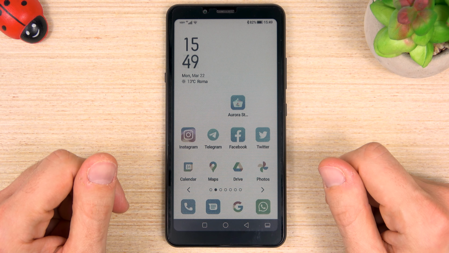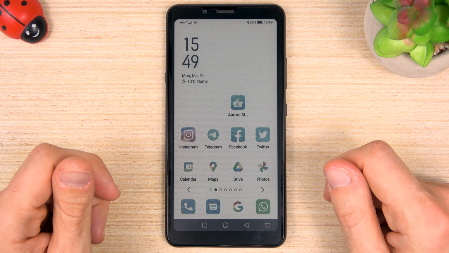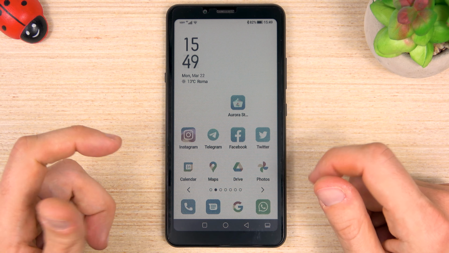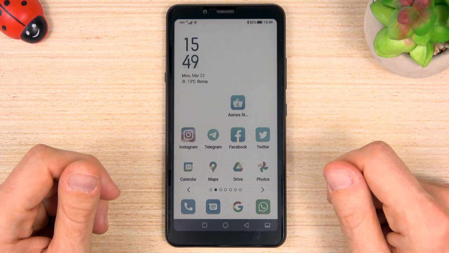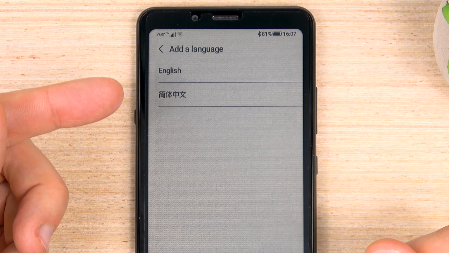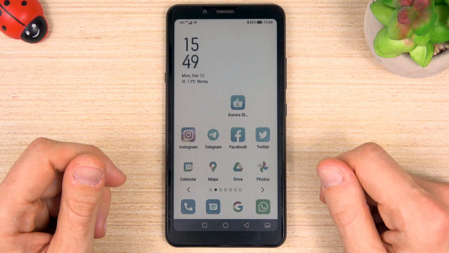This video is a visual guide, step by step, working for all the Hisense A5 and A7 models and generally all the Chinese phones that most of the time have two main problems. First of all, they have only English and Chinese language, and I will show you how to translate all the apps in your favorite language.